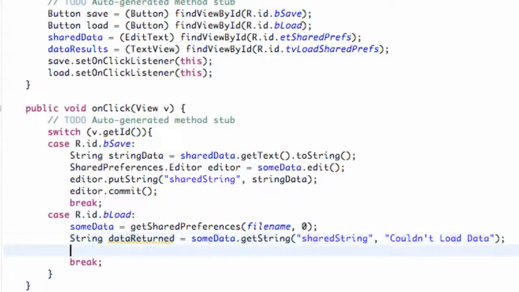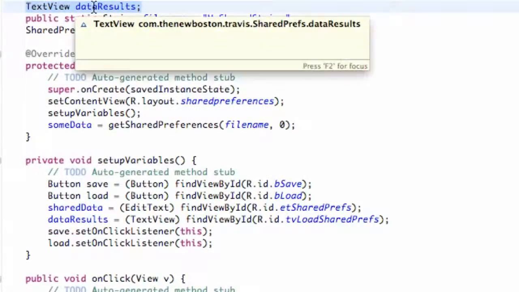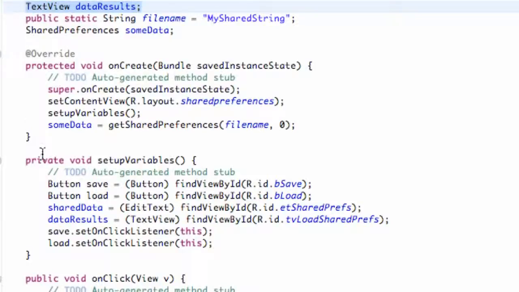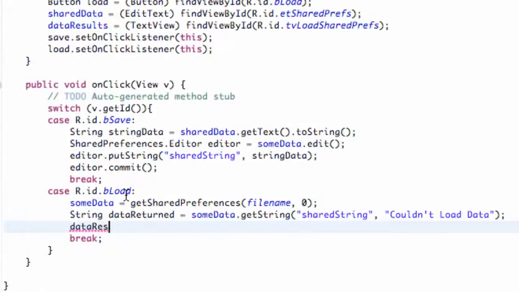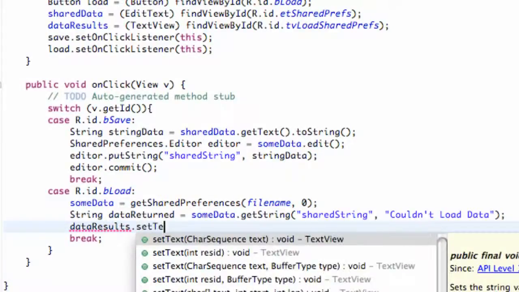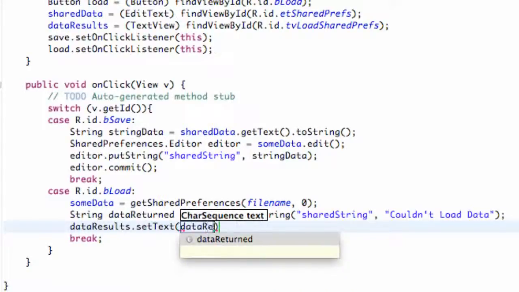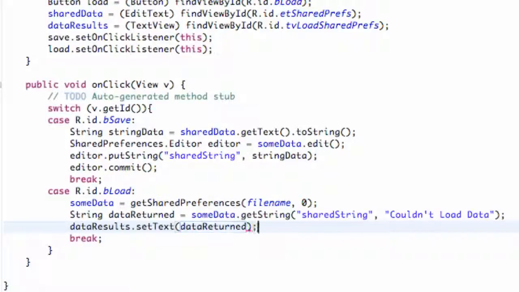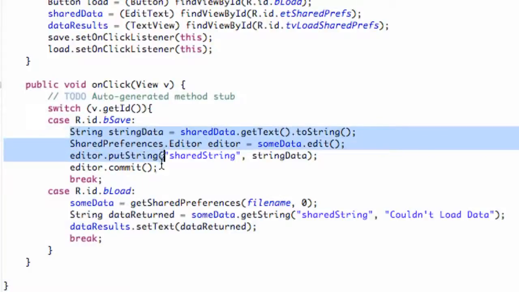Now all we have to do is set up our text view that we created called data results to match our shared preference that we just received. So we're going to say data results dot set text. Again, kind of a review for set text, but now we're going to set it to this string that we just got. So we're going to say data returned. And there we go. We're pretty much done with this tutorial,